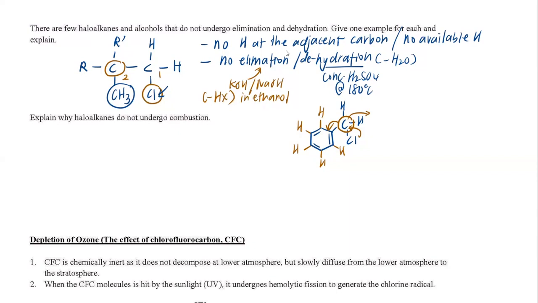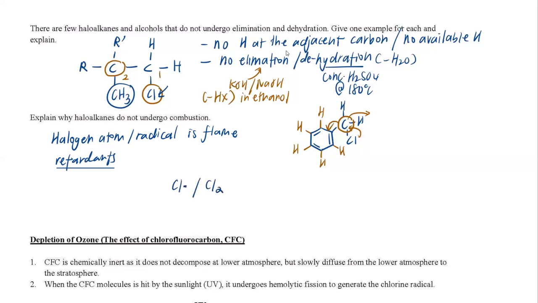Okay, can I explain why haloalkane does not undergo combustion? Okay, so this one is because halogen atoms or the radicals are flame retardant. Okay, what does this mean? It means that the chlorine atoms are actually able to